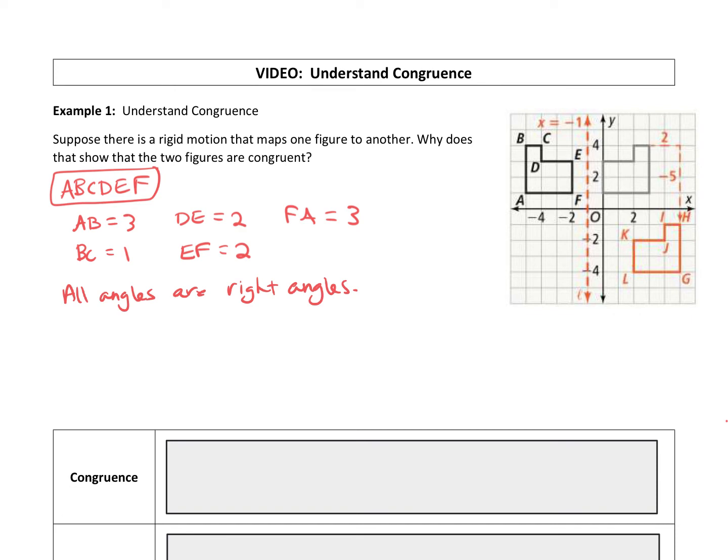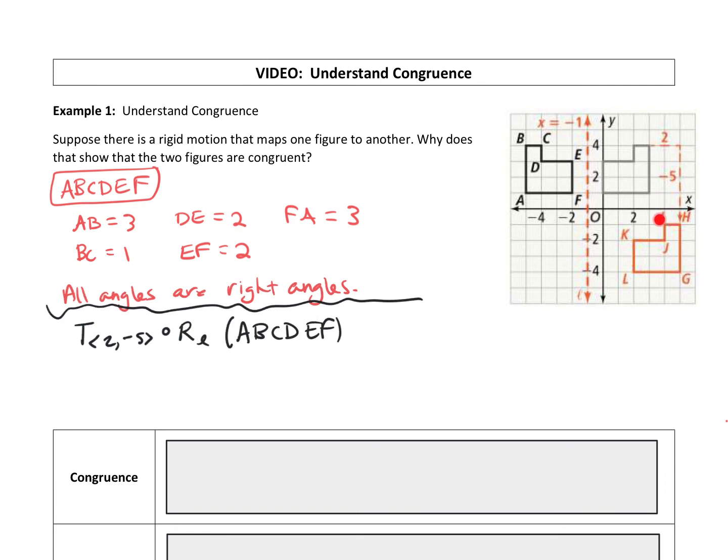All right, then we did a composition of transformations. We took that figure and we applied the transformation. First, there was a reflection across line L, followed by, so remember, that has to be the second transformation, followed by a translation of, we went 2 units to the right and 5 units down. We applied that composition of transformations to figure A, B, C, D, E, F, and our result was G, H, I, J, K, L. So